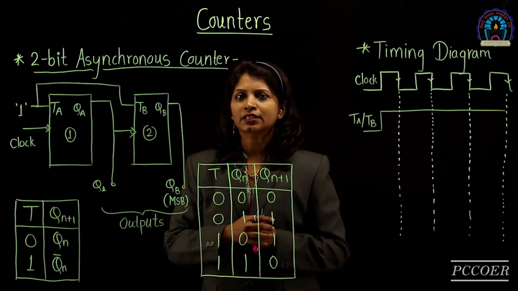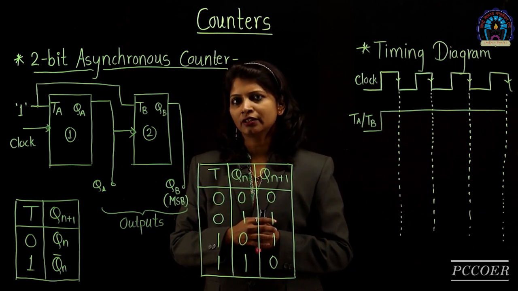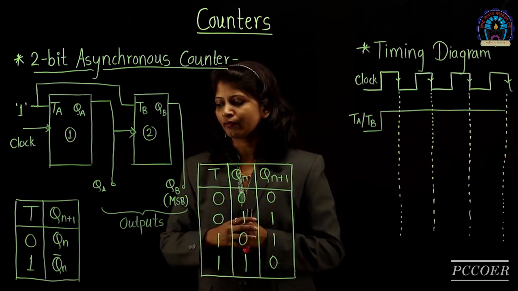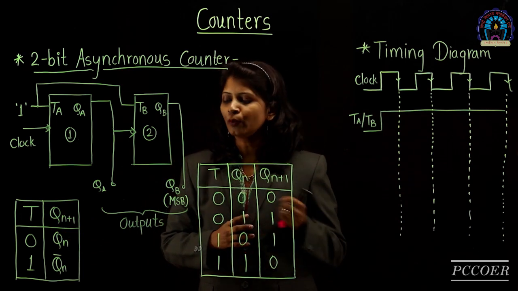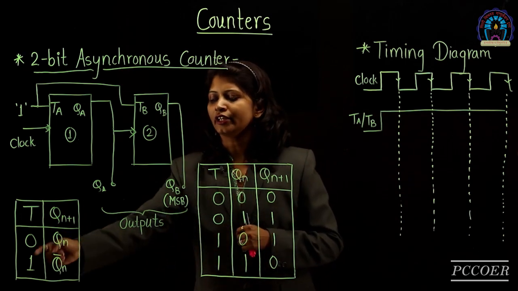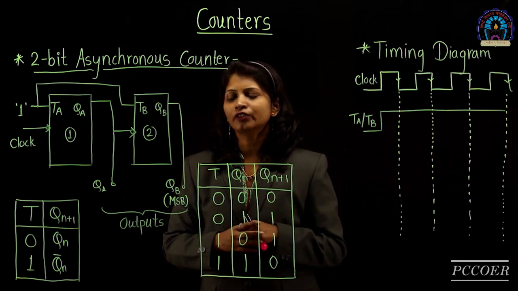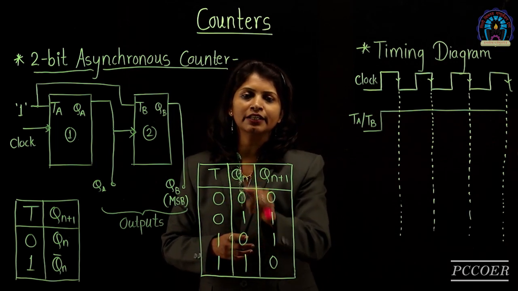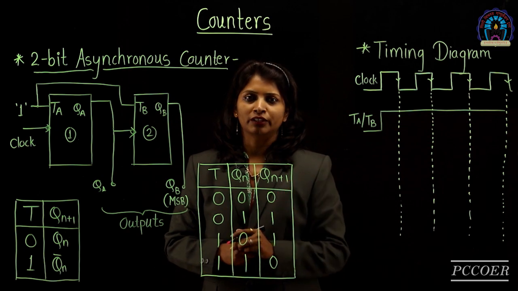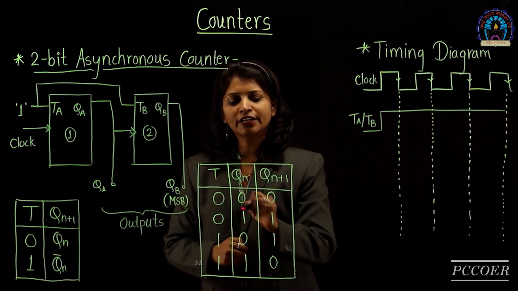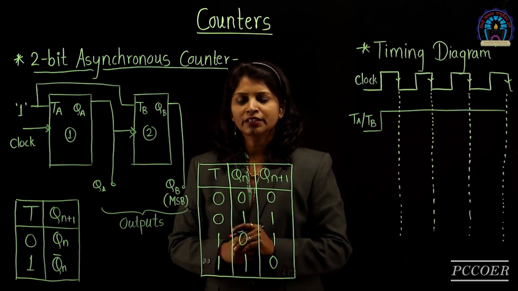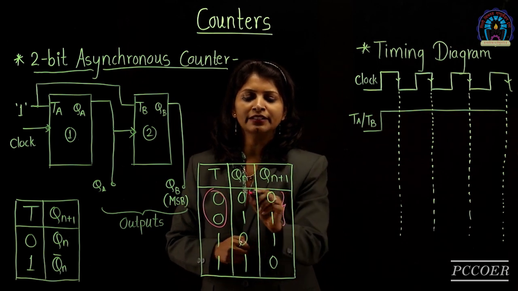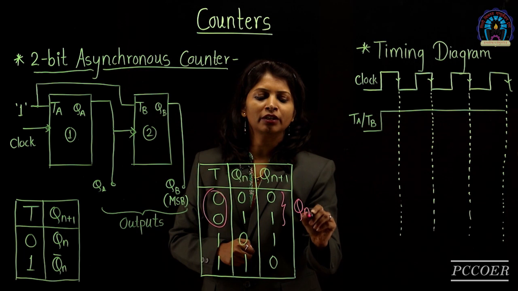Before discussing the detailed operation of the counter, let's first see the truth table of the T flip-flop, where T is one of the inputs of the flip-flop. If T is 0, whatever output we have remains the same, and if T is 1, the output will be the toggle of the previous, that is Q N bar. If T is 0 and the present state is 0, the next state will be 0 only. If T is 0 and the present state is 1, the next state will be 1. So for T equal to 0, there is no change in the output; it remains the same as the previous, which is nothing but Q N.